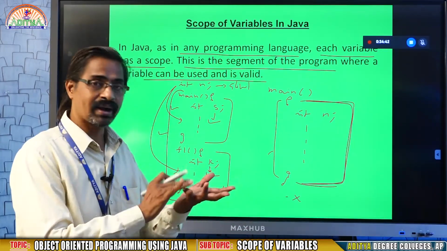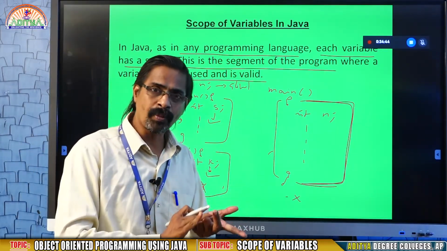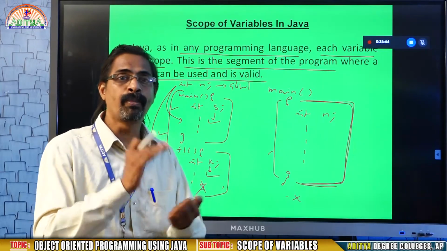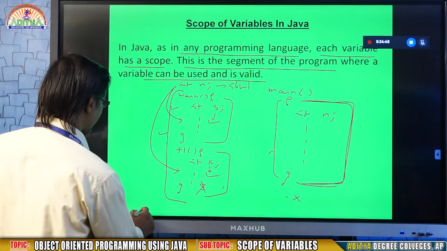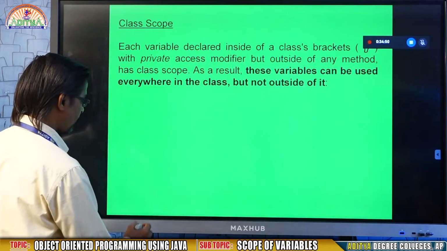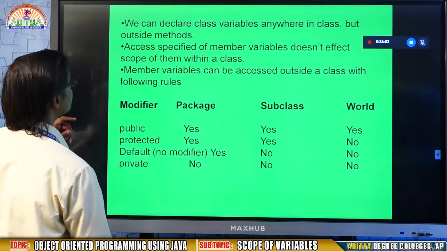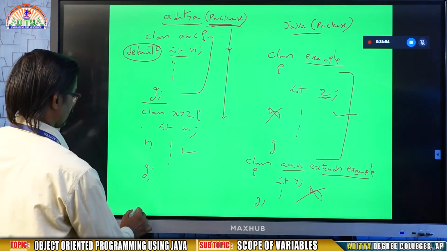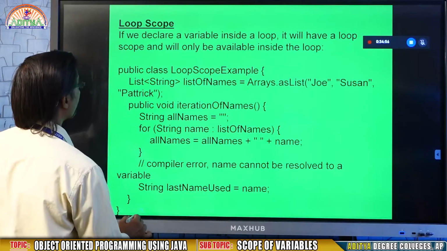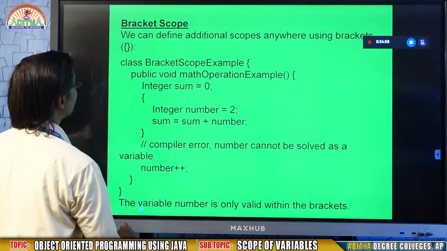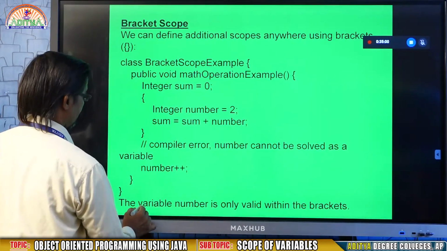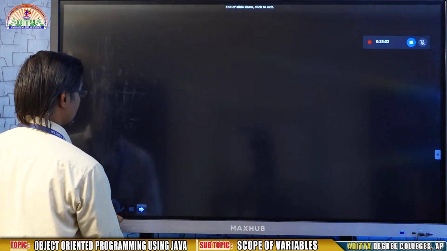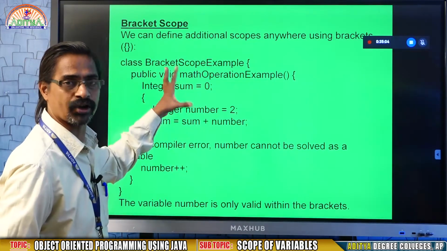So there will be class scope, method scope, loop scope, block scope, up to bracket scope.